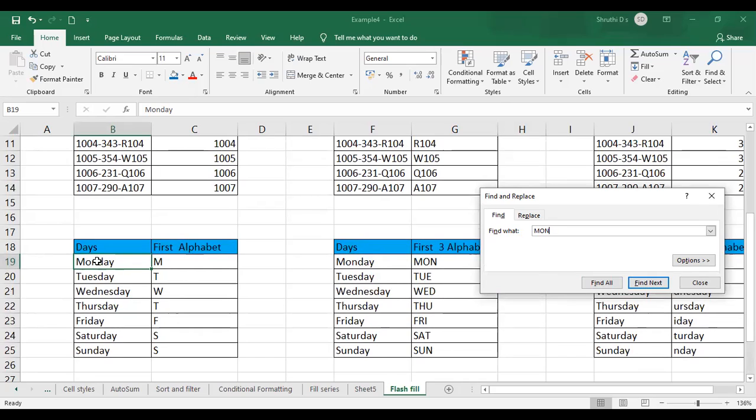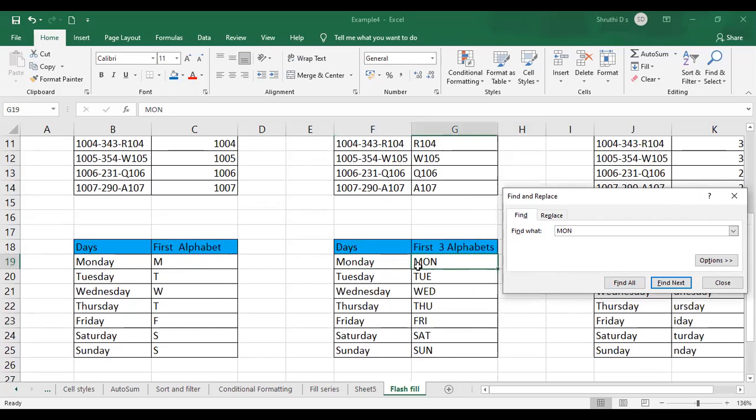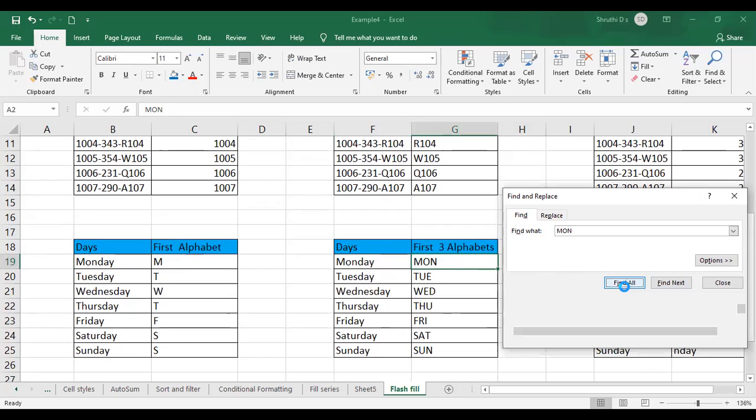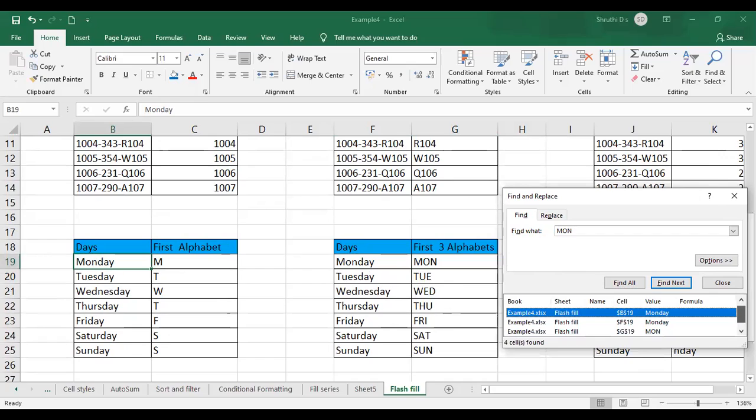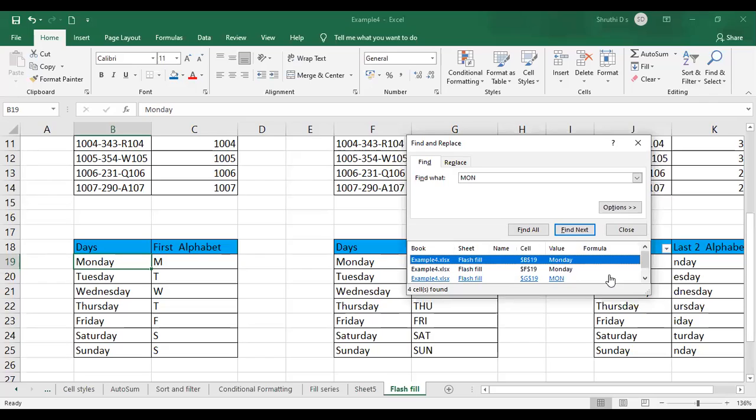As you can see, the highlighted cell here is Monday, because the pattern is available, right? If I click on Find Next again, it comes to Monday in the next table. If I click on Find Next, it shifted the cursor to this particular cell. Like this, if I say Find All, as you can see, there is a list showing which cell it is in and which sheet it is present in. All that information will be given here. Understood? So this is Find and Find Next.